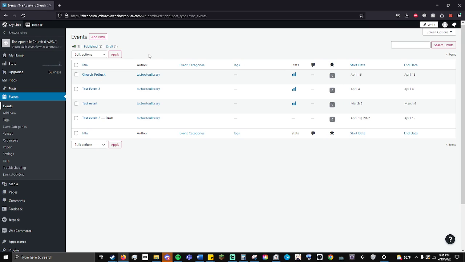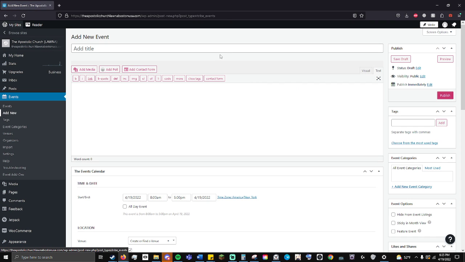So the first thing you would want to do to make a new event would be to click this Add New button up here. This will take you into the panel to edit all of the details and information about your event. So say you're planning a trip. The church and the children's ministry, you're going on a trip to an amusement park to have some fun and to have some fellowship. So say you would give the title Children's Ministry